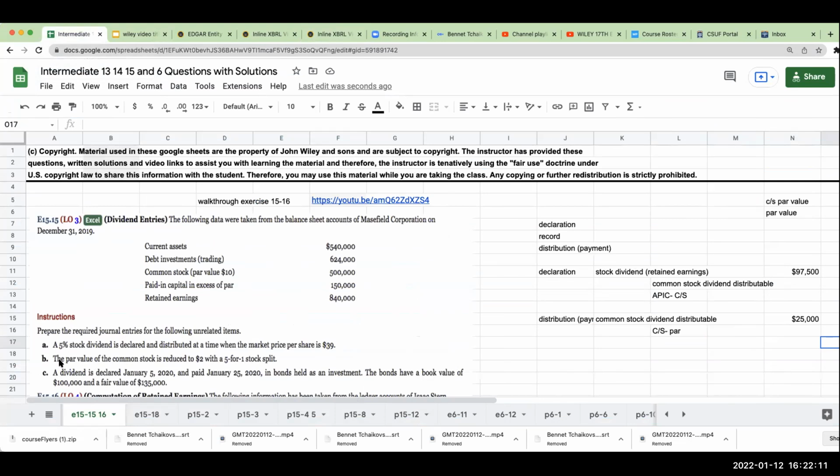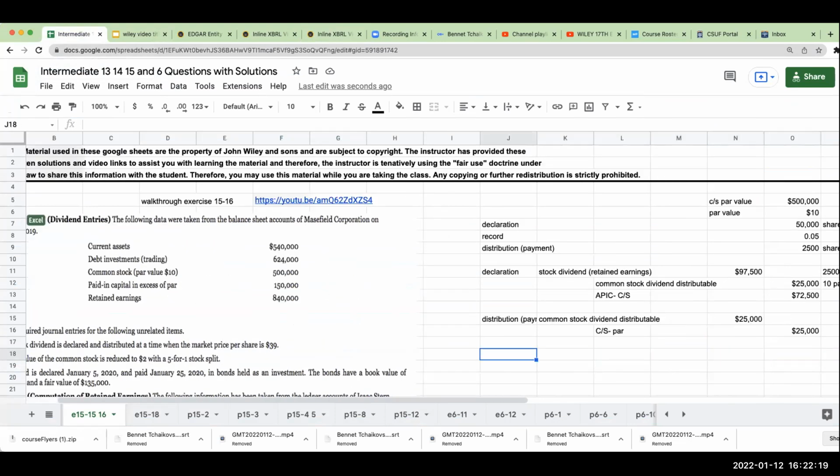Okay, the par value of the common stock is reduced to 2 with a 5-for-1 stock split. There's going to be no journal entry. Rather, what would happen is that my shares outstanding, which are going to be, actually, I really